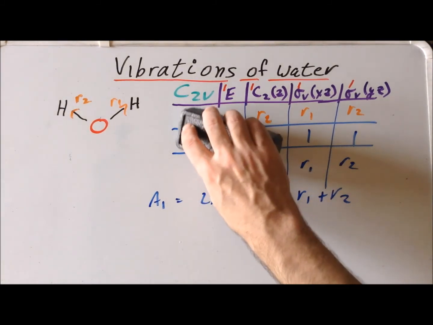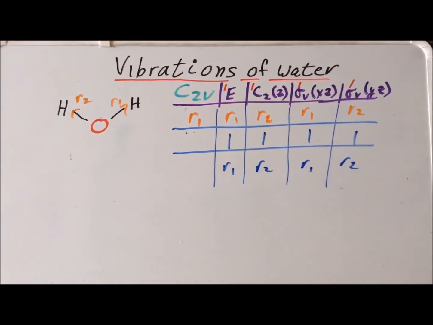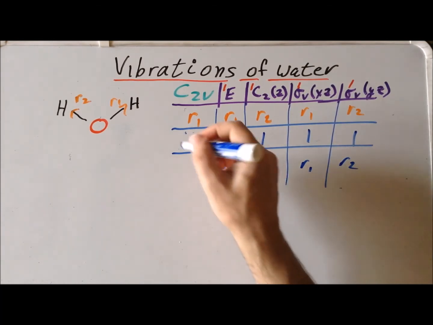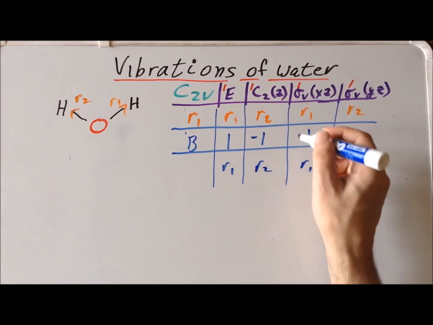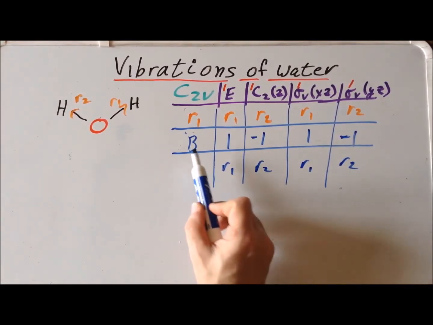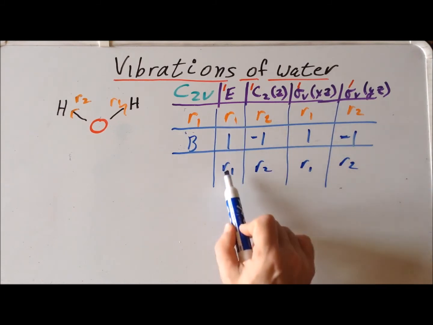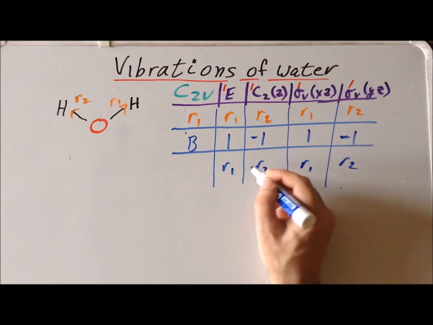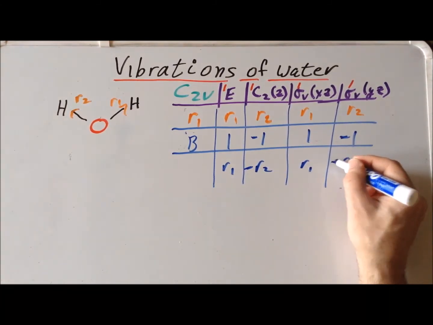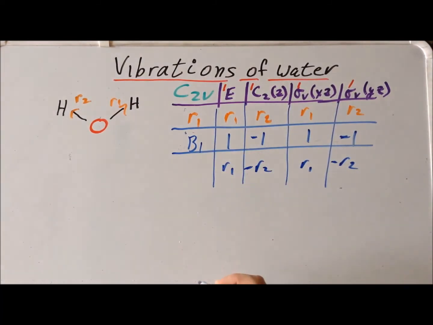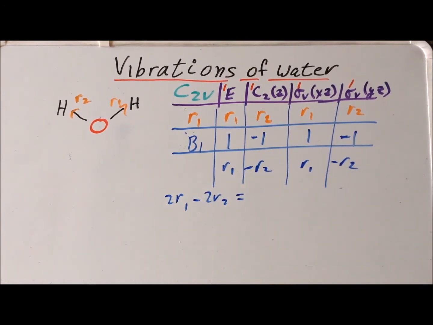So let's make the appropriate changes to see what the B1 stretch looks like. So the character table for B1, the characters are +1, -1, +1, and then -1. So we multiply the character in the second row times the character in the first row. So 1 times R1 is R1, -1 times R2 is -R2. 1 times R1 is R1, -1 times R2 is -R2. So this tells us that this particular vibration is 2R1 minus 2R2, which again we can reduce to lowest terms